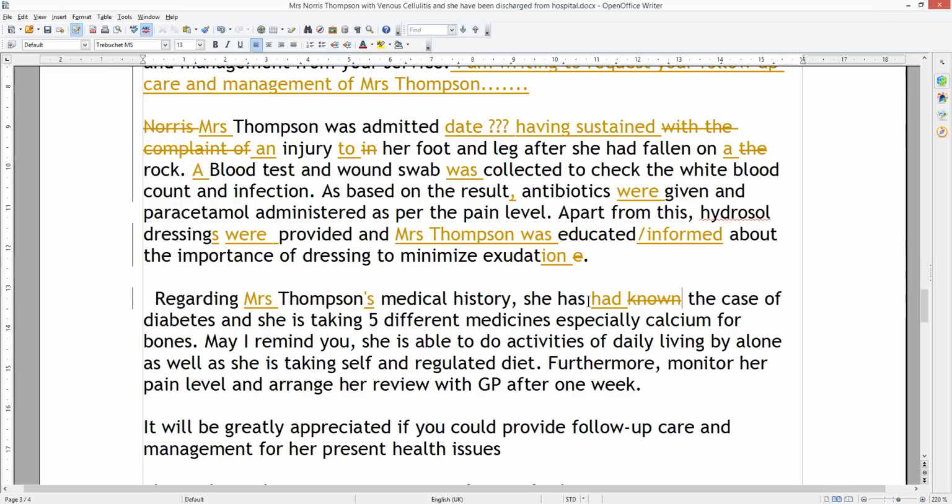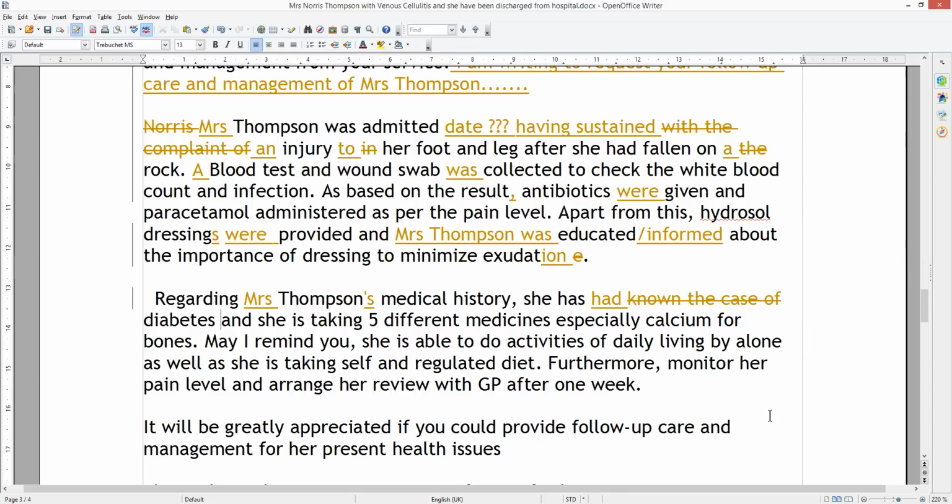Known is no good. She has had diabetes. Now, somebody tell me, what do we need after present perfect, when you're talking about a period of time? Somebody tell me. I'm not going to tell you everything. Yes, either for or since. Very good. So she has had diabetes for 4 years, or if this was written in 2019, since